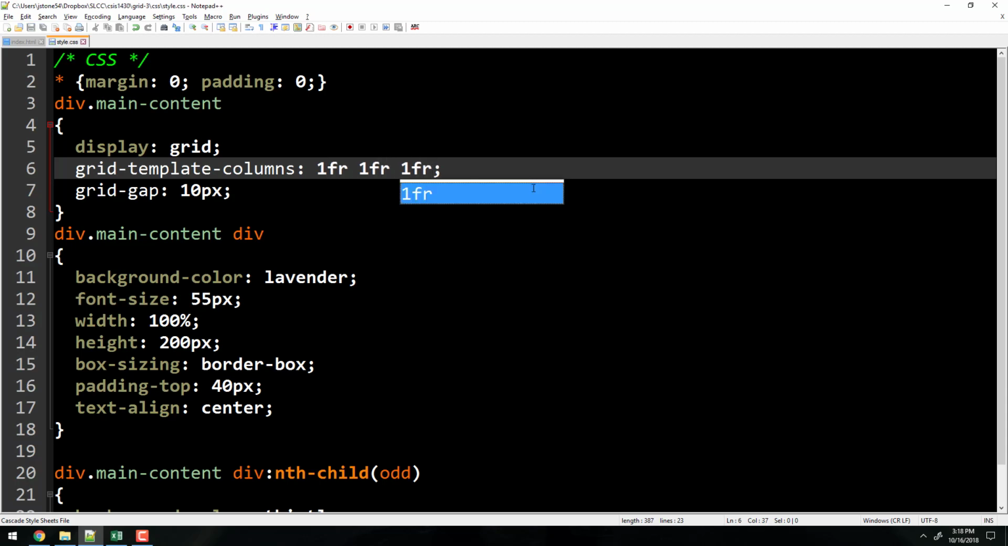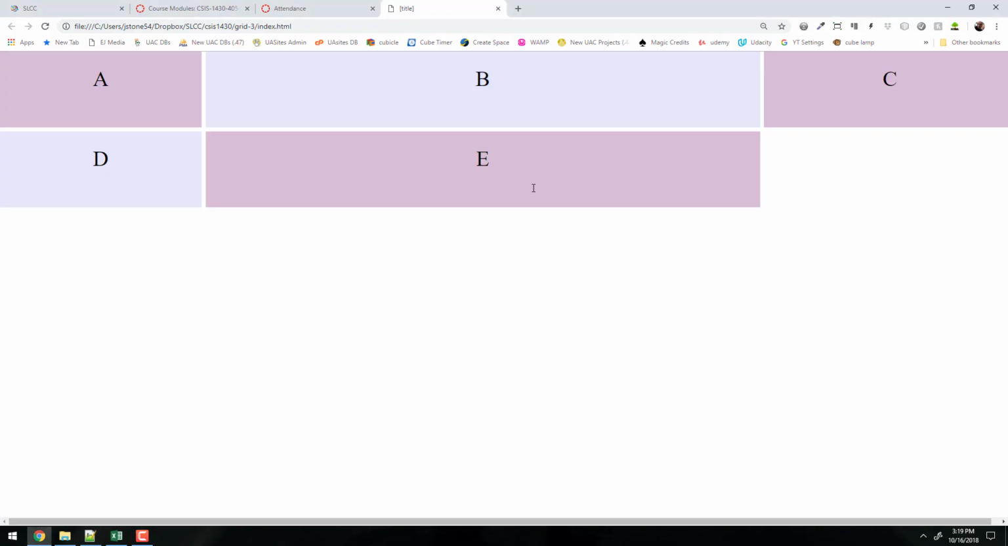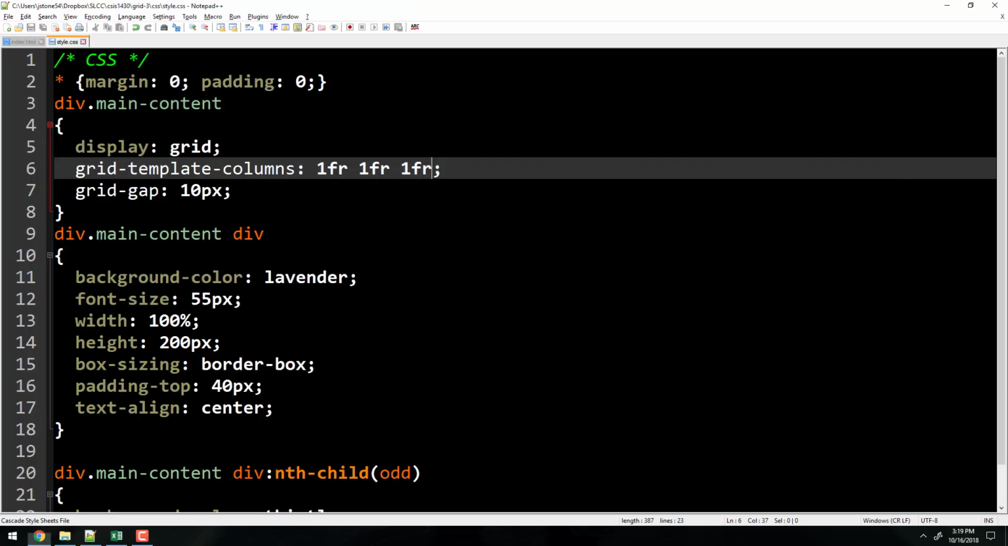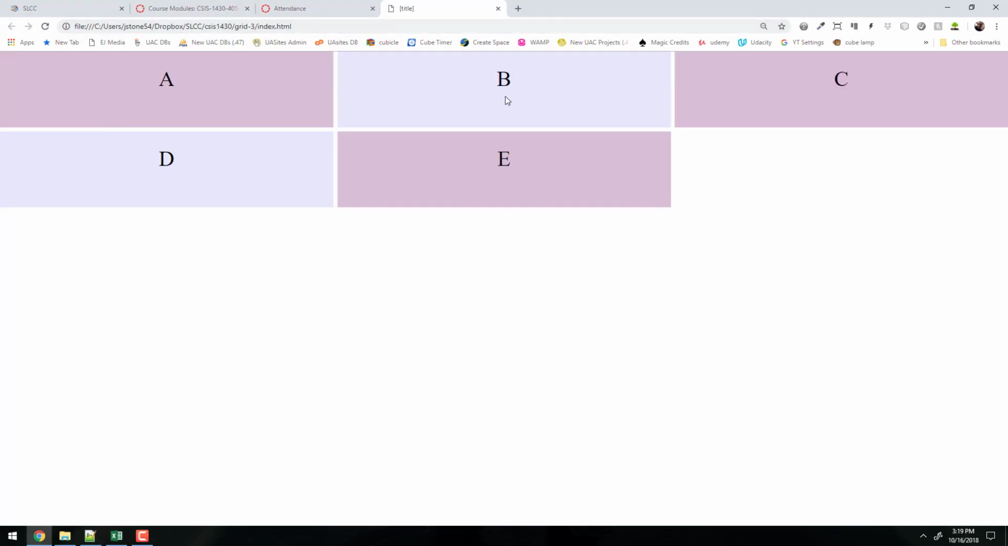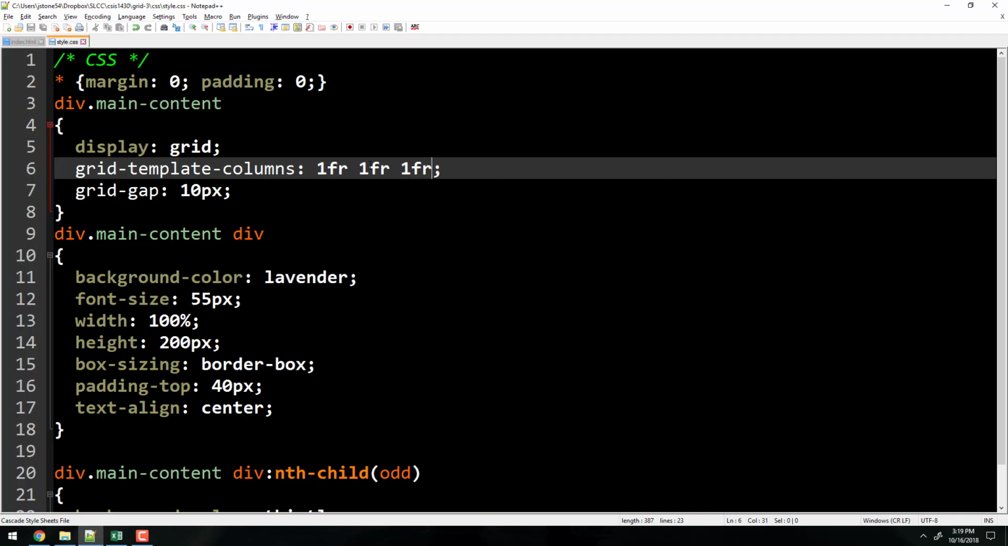What that means is that, because I made 3 of those 1 FRs, it's going to be a 3-column grid, and each column will have one equal fraction of the grid, right? It's a pie split exactly into thirds, okay? Like so. But if I wanted to say make this center column twice as big as the other columns,